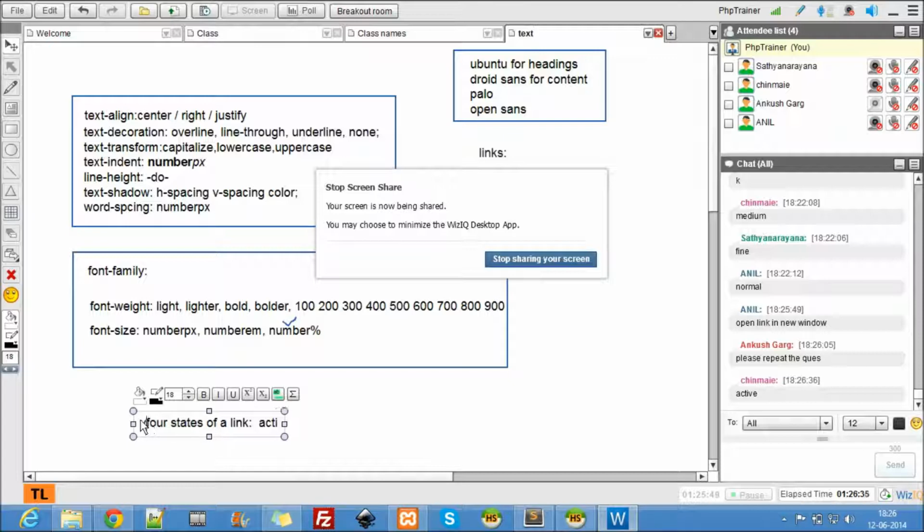Okay, active. So what is active? Okay, you guys don't remember anything. So it's link. Link is a link which is not visited. Then visited. Visited is that link which is visited.